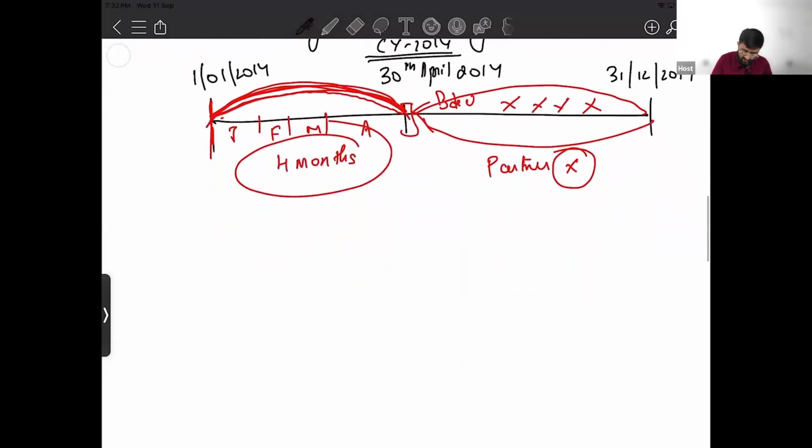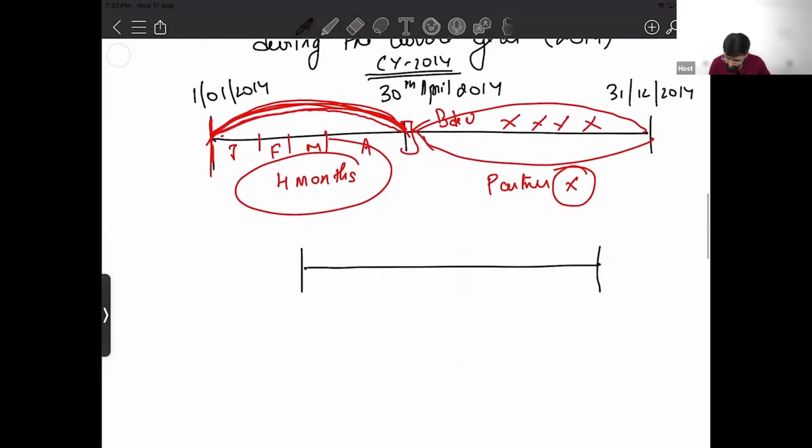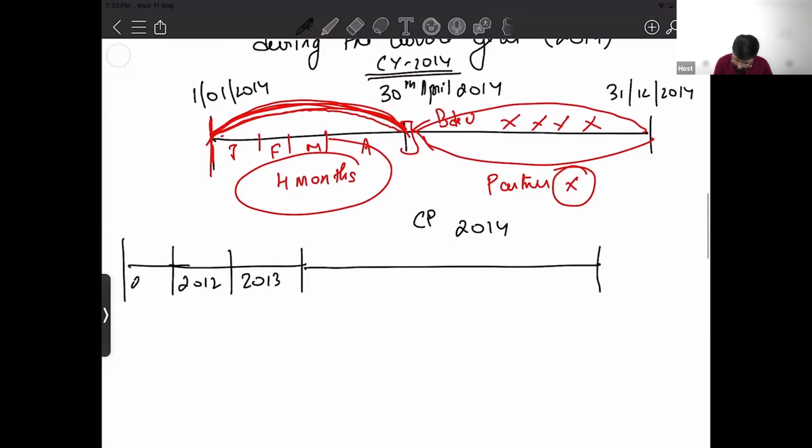So if you have any doubt, you can say. Let's now calculate Z's share of profit taking the past 3 years' profit. The current period is 2014, so the past 3 years will be 2013, 2012, 2011. We have to take these 3 years' profit as base, calculate the average, and find out Z's share. It's that easy.